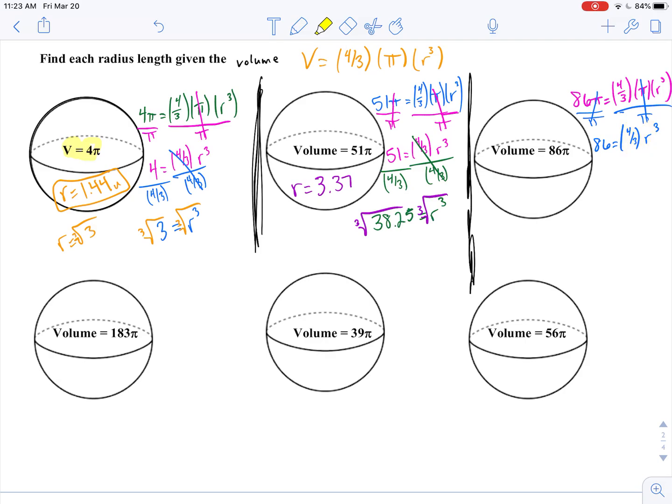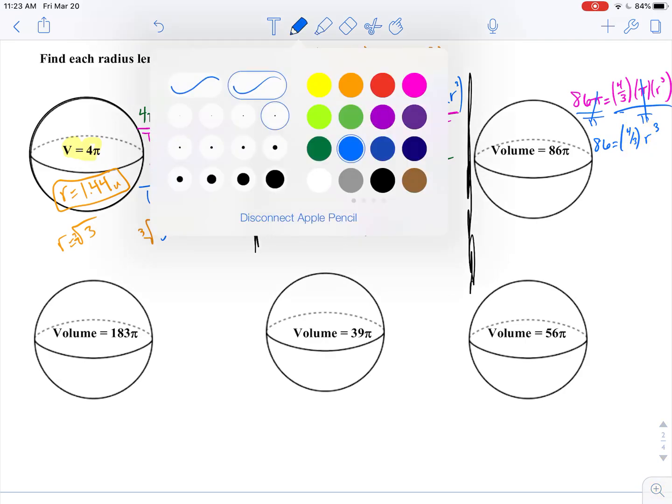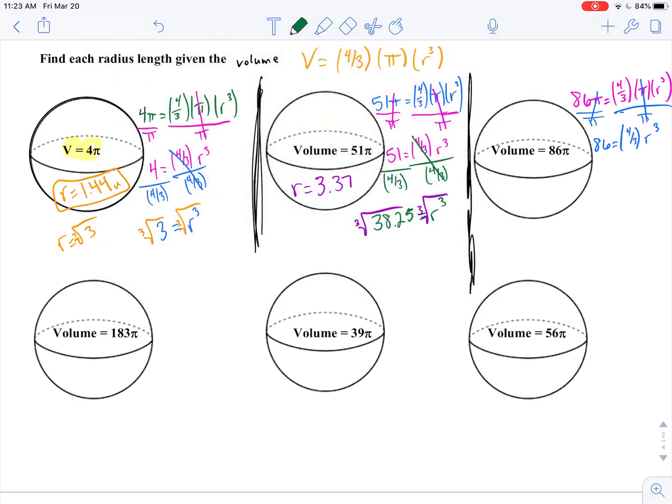Now, I'm still trying to solve for r cubed. So what needs to be eliminated from that side of the equation? Well, I need to get rid of 4/3. And what's the opposite of multiplying by 4/3? Well, that would be dividing by 4/3. So 86 divided by 4/3 gets me 64.5